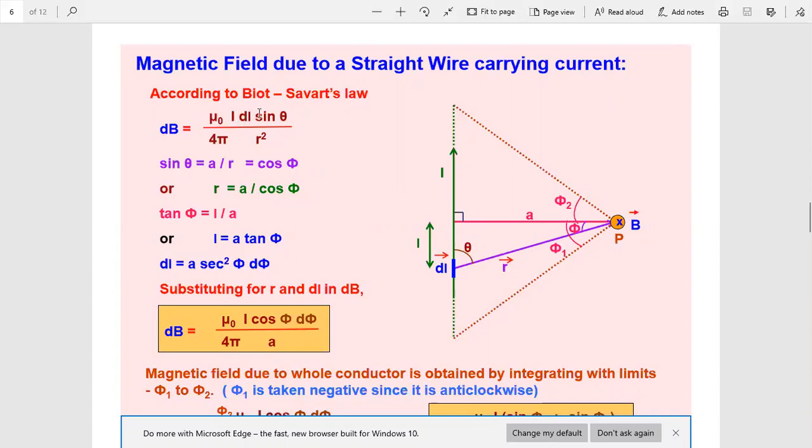Next thing is dl is to be eliminated because dl is also arbitrary. So tan phi equal to L upon A. So L equal to A tan phi. Now dl equal to, differentiating both sides, dl equal to A sec square phi into d phi. Now eliminating dl by A sec square phi d phi and R by A upon cos phi, we get mu naught 4 pi